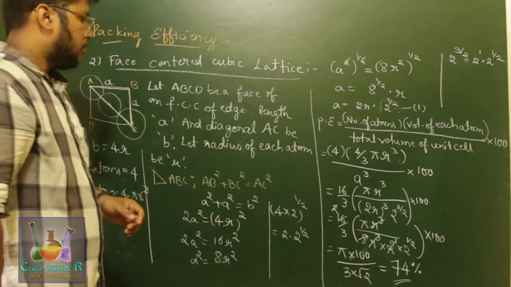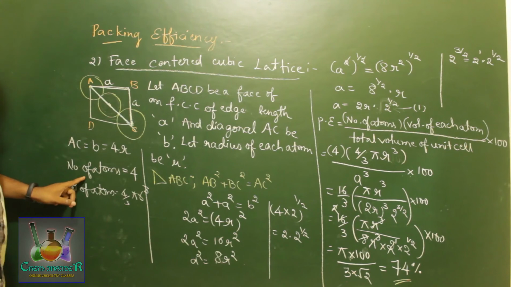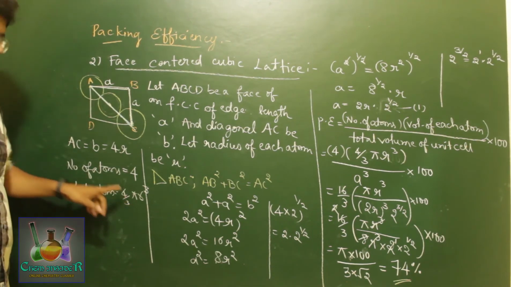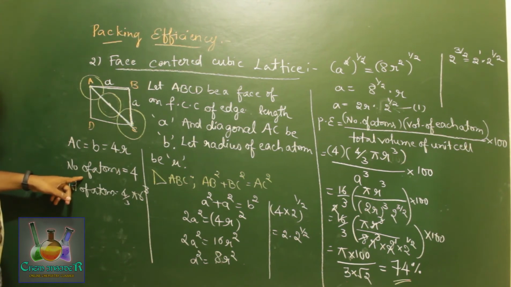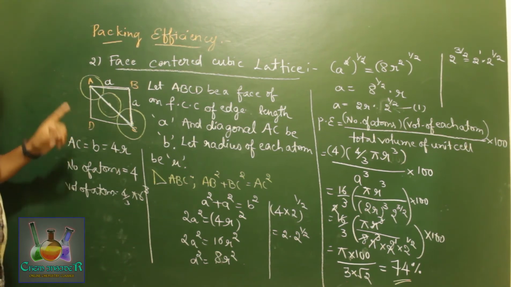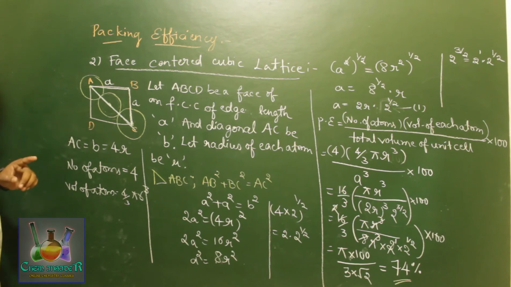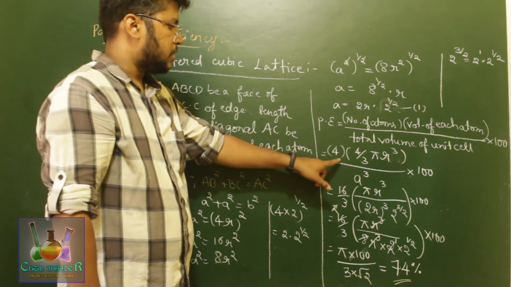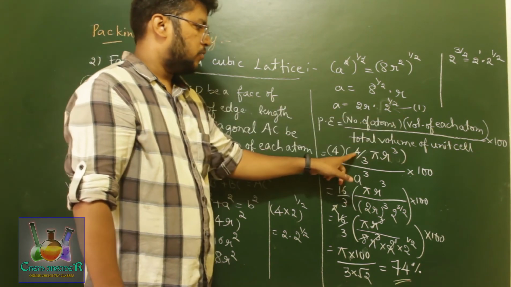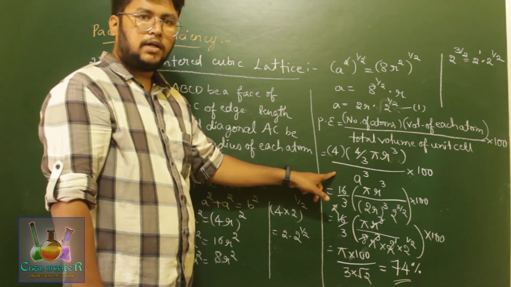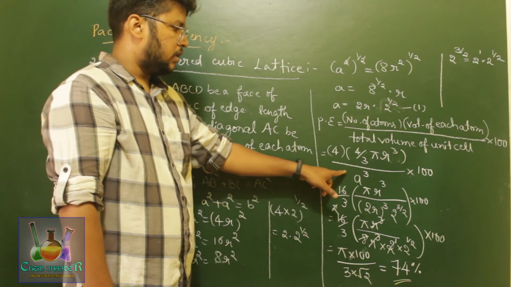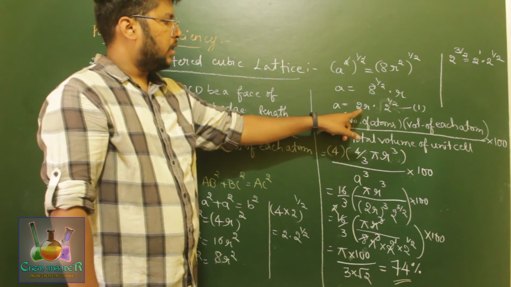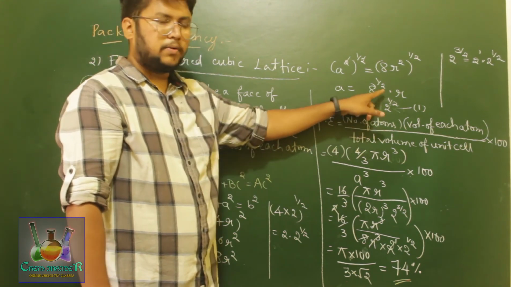Okay. Now for the number of atoms, an FCC lattice has 4 atoms and volume of each atom is 4 by 3 pi r cube. So to calculate the number of atoms for the FCC lattice, we have discussed in the previous video. You can go check there. Now substituting those values over here, we get number of atoms as 4, volume of each atom as 4 by 3 pi r cube and divided by volume of a unit cell A cube. Substituting the A cube value for A, 2R into 2 to the power 1 by 2.